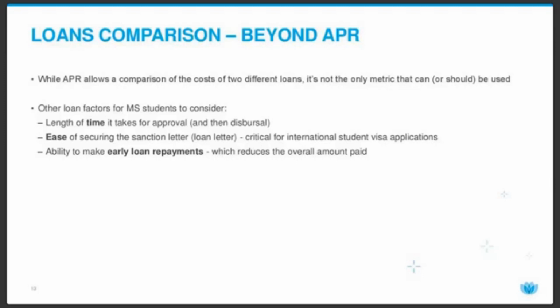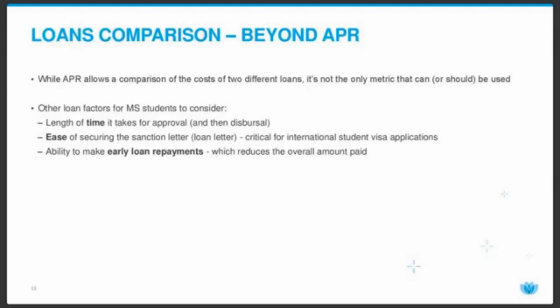And the ability to make early loan repayments. So remember, at this point in time, it's possible you don't necessarily have money or your family, and therefore you're looking for a loan, which is fine. You should not delay your studies if you can get a loan and go ahead. That's what we believe. Having said that, it's quite possible we're talking about a multi-year period of repayment, and at a future point in time, you may be in a position where you're flush with money. Maybe you got a joining bonus when you started your first job, or perhaps your family has sold some property and they have funds that they can help support you, and you may want to make a prepayment on your